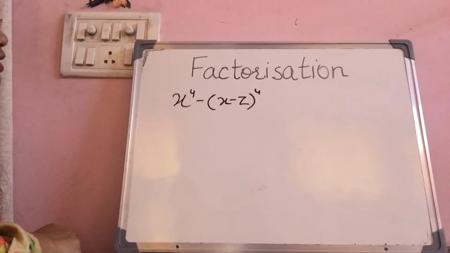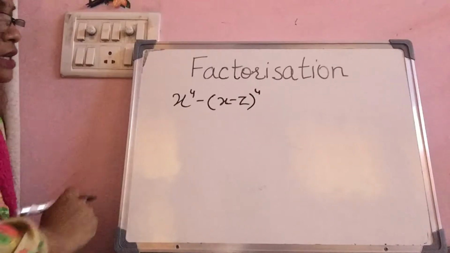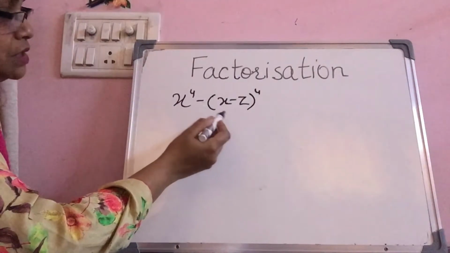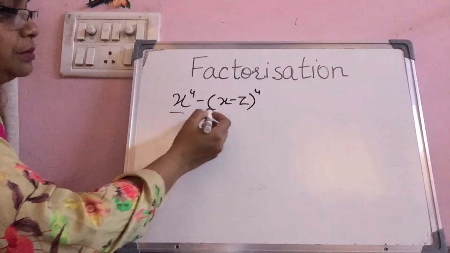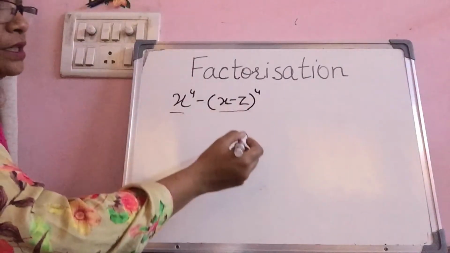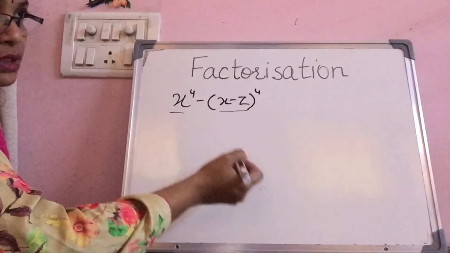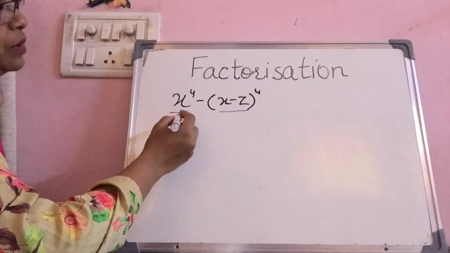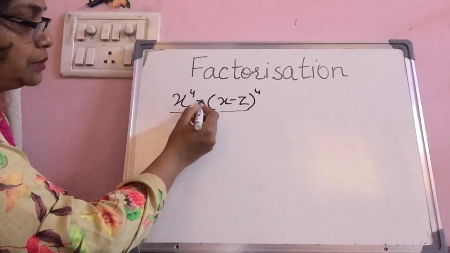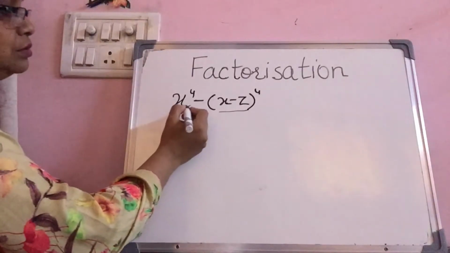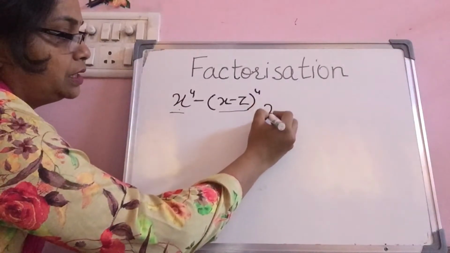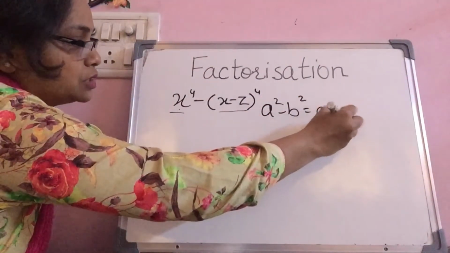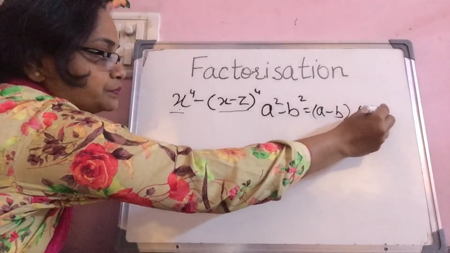Suppose we have to do this question. As I told you in my earlier video, which identity we have to use, for that we have to find out how many terms are there. We see we have one term and two terms. In first identity we have three terms, in second identity we have three terms, and in third identity only we have two terms with minus sign, right? So if we write third identity, it is a square minus b square is equal to a minus b and a plus b.